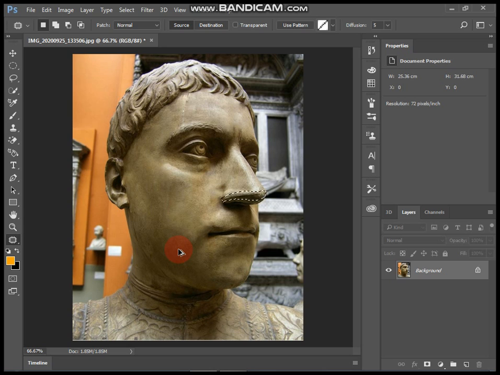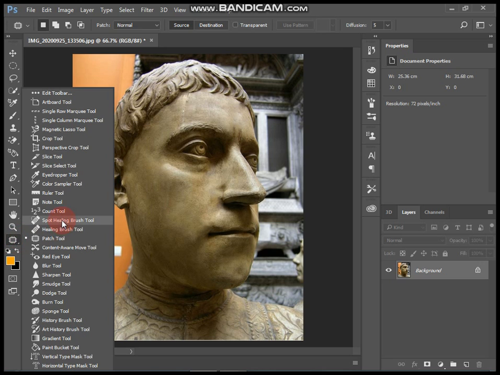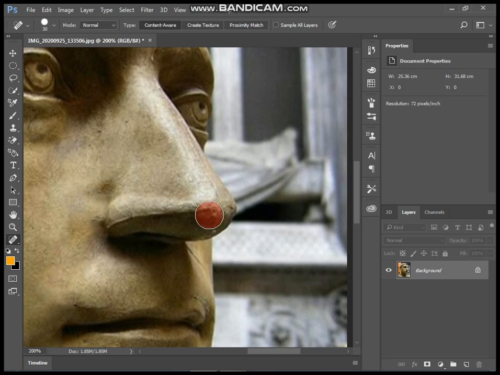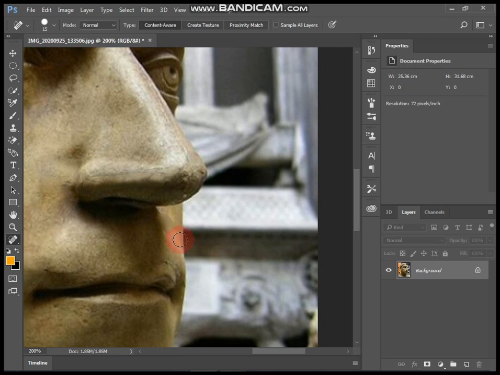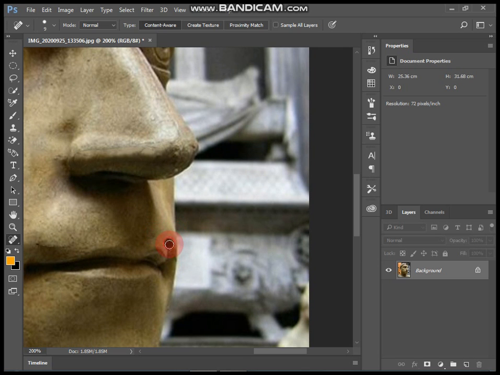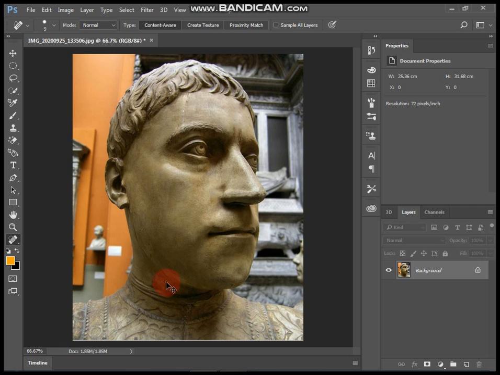I think not. So what I'm going to do is use my spot healing brush tool and zoom in a little bit like this. So I'm just going to do that. I hope it's done. Alright, that's a lot better. And I'm going to take that part right here, maybe decrease the size of the brush a little bit so the distortion is not as apparent as it seemed a few moments ago. And maybe one last thing to do is that part right here,